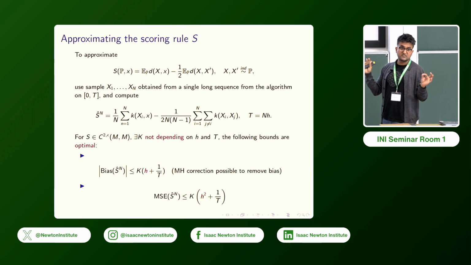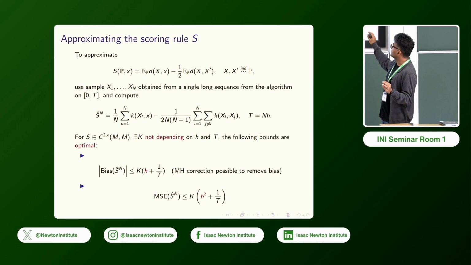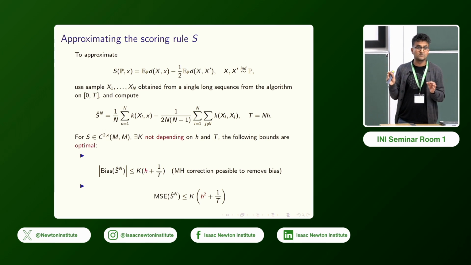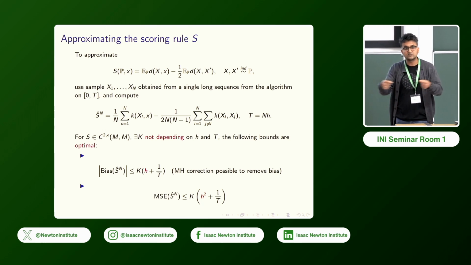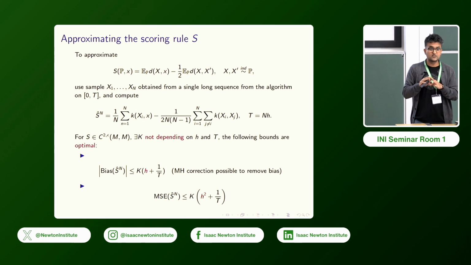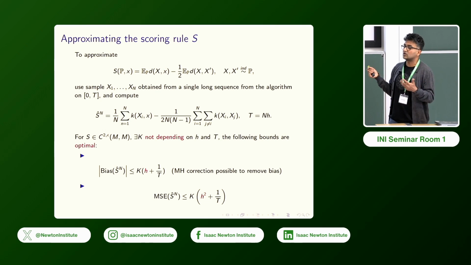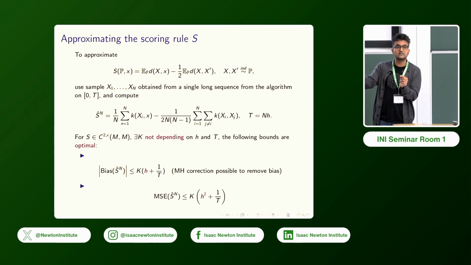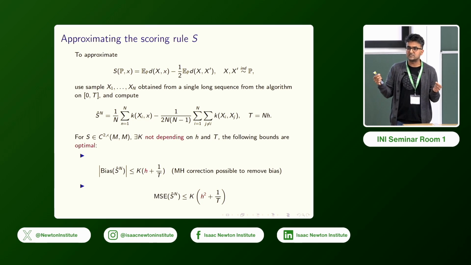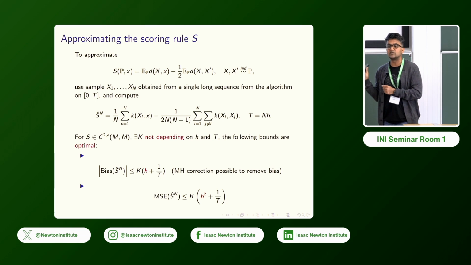The bias, there is a bias term. You can get rid of it with the Metropolis Hastings correction, but there is a bias term. And as you can see, as sample size n goes to infinity and h gets smaller, it dies at an appropriate rate. But the mean square dies at the usual rate, as you would think. It's a parametric rate. And this is optimal. You can't do any better than this, unless you start changing this step size h as you're going down the algorithm. If you're adaptively changing it in some sense, then you might converge better. But otherwise, you can't do any better.